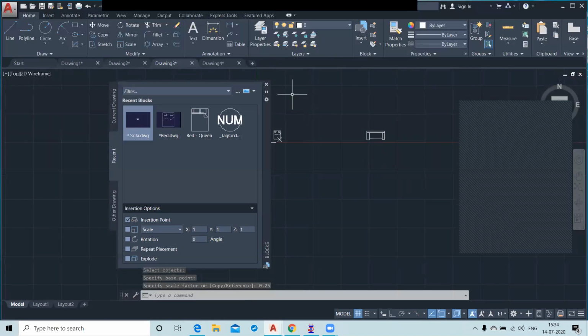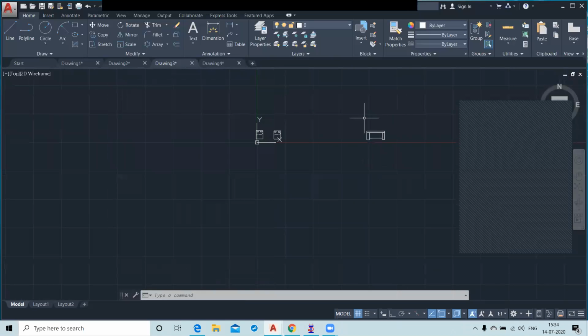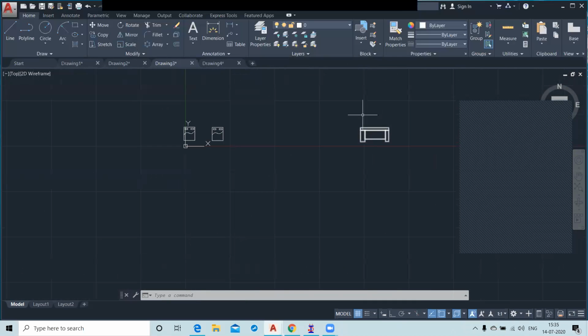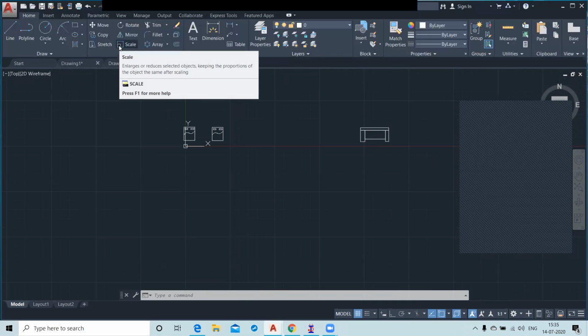You can resize your object with the help of the scale command. Okay, sir. What about this one, sir? Edit like that, here, the handrail. You have to make it bigger or smaller, sir. So you can use the scale command to resize your objects.